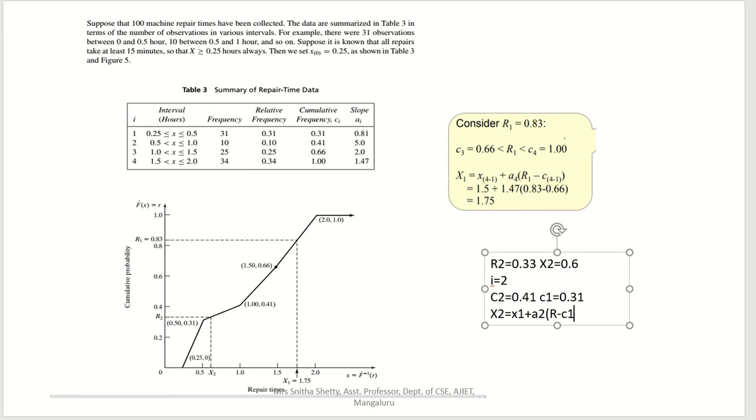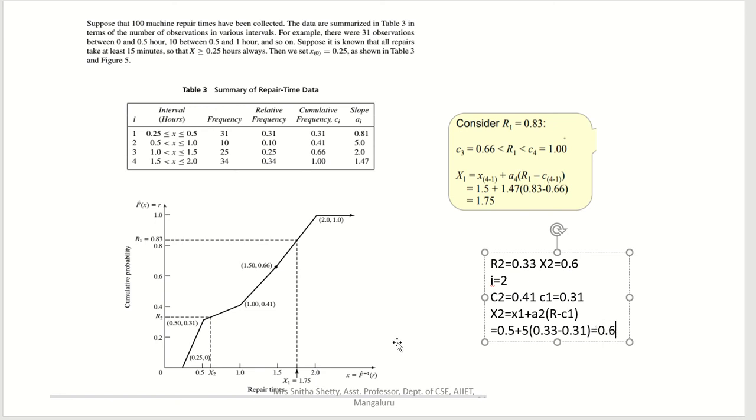Now I'll substitute the values. What is your X1? X1 is 0.5, right? Plus, what is A2? A2 is 5.0, so 5.05. Next, R. What is the given number R? R is 0.33. So minus C1, and C1 is 0.31. Just compute that. When you compute 0.5 plus 5 times (0.33 minus 0.31), you will get the answer as